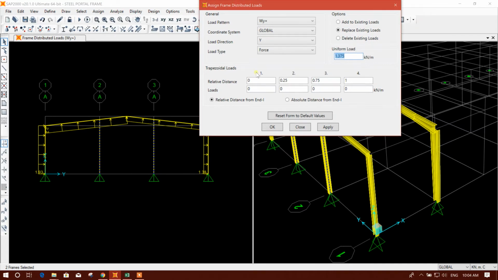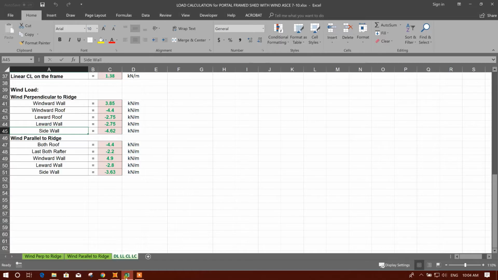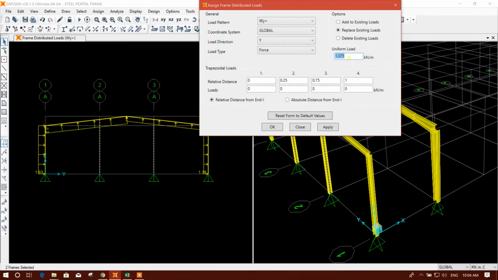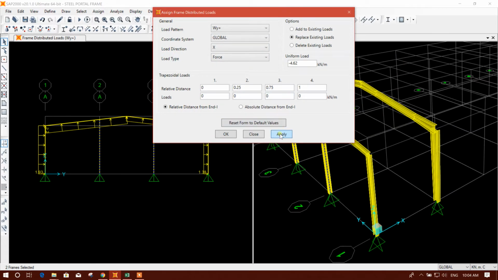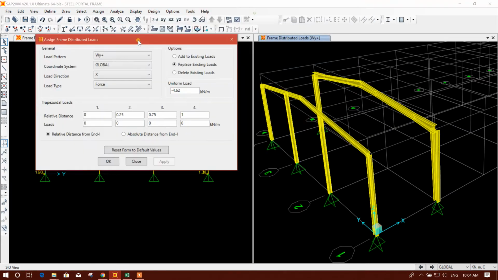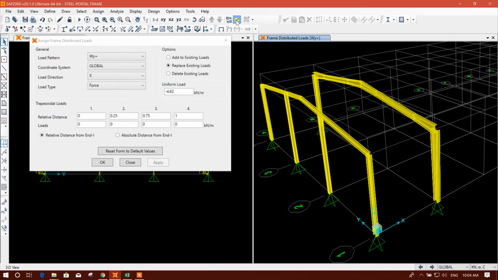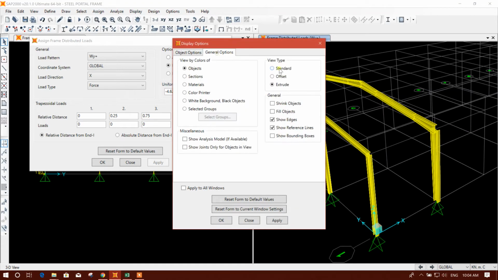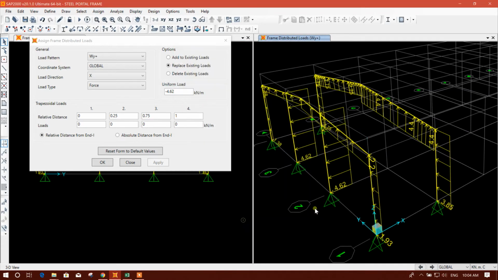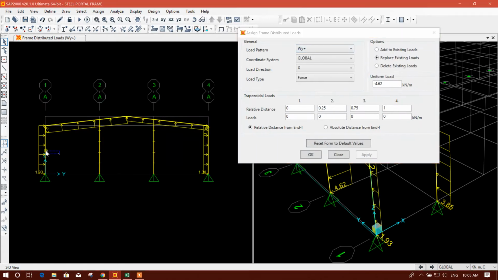So apply here. This one, how much? 4.62, minus 4.62. Here the direction will be X. Okay, apply. If I want to see here in 3D, we can see standard. Now see this, this is the load direction. When load is going along Y direction, then this is the effect. And for these two,